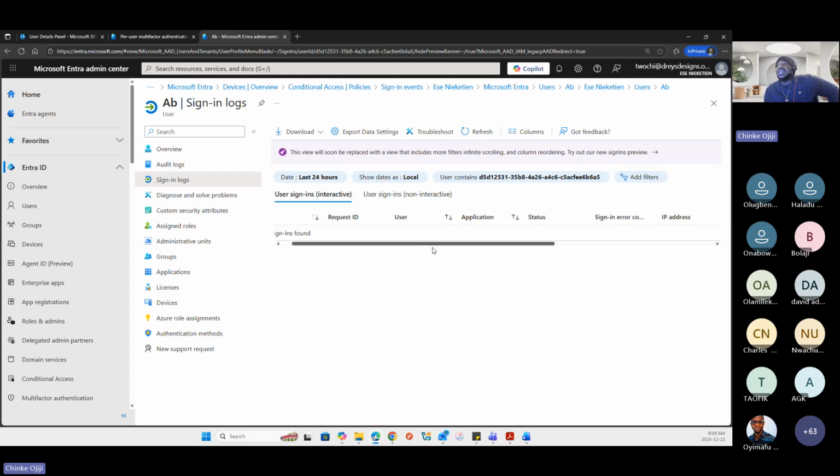And if, for instance, you come here and see a location where you are 100% sure that the user was never at that location, then your suspicion of a breach or compromise of that account is indeed correct.